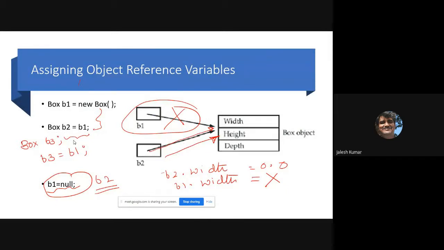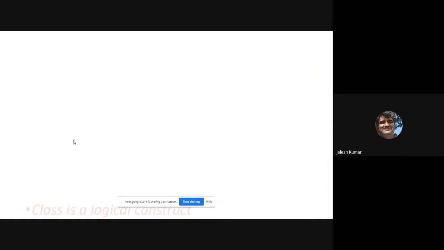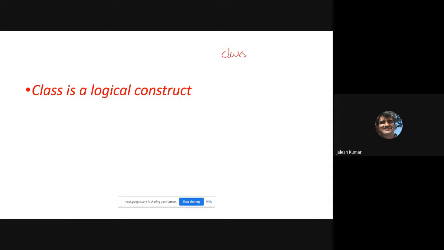This is a very important stage. Overall, finally, you can come up with the statement: class is a logical construct. Is it not? I told you, a template. Take anything like a class, one vehicle. Once again, I'm defining a class. What is the data? Model number, color, and driving is the method. These are all the variables. Okay, we will come up with any model, one vehicle.